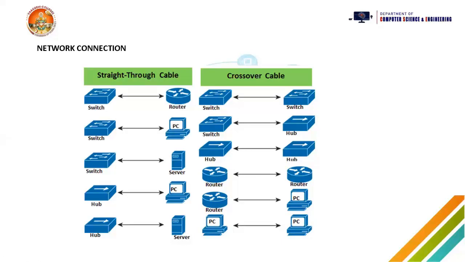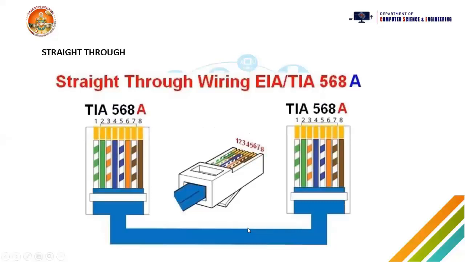Yes, though they are different things, as per functionality, routers decide what data to be sent. They have the decision taking capability. The same way the PC also has decision taking capability. That's the reason we are taking them as similar. And again, PC and PC. So what we are doing in straight through is following the same color combination at both ends. At the top end as well as the bottom end, we follow the same color combination.